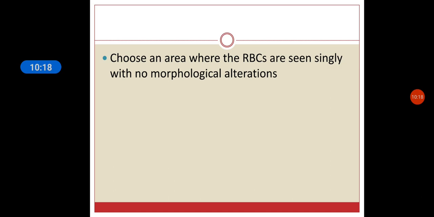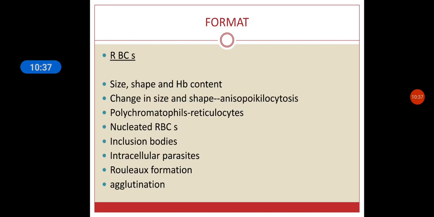Okay, so when you go in for a low power scanning, you will know exactly which is the area you should concentrate on. So for us, the area of interest is the junction between the head, the body and the tail, right? So that is the area which we have to concentrate on. And generally there is a format for reporting. You know that a blood smear will have three components: RBCs, WBCs, and platelets. So when you report, you should include all the three, and then at the end you give an impression. So how will you include all the three?